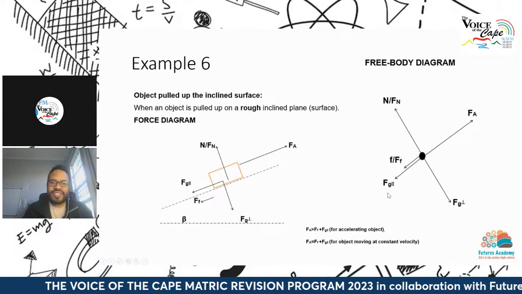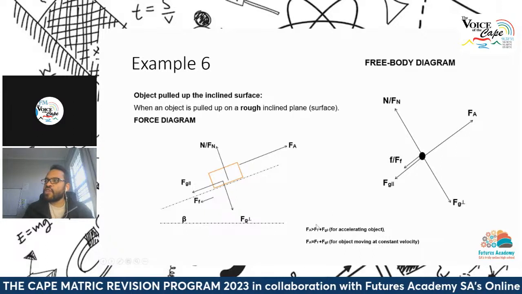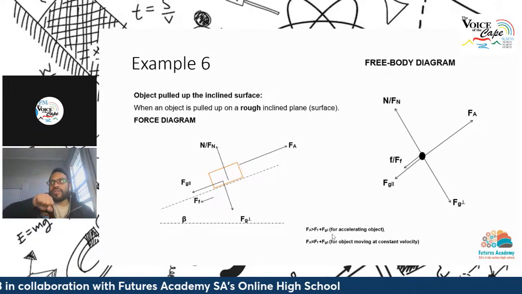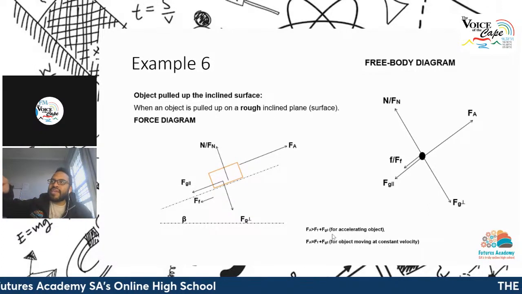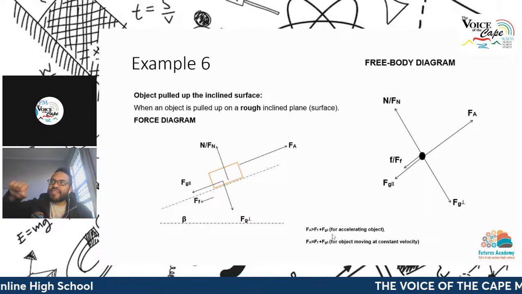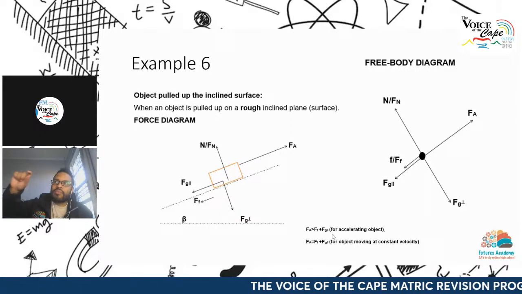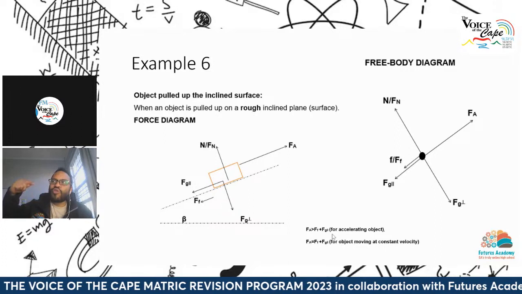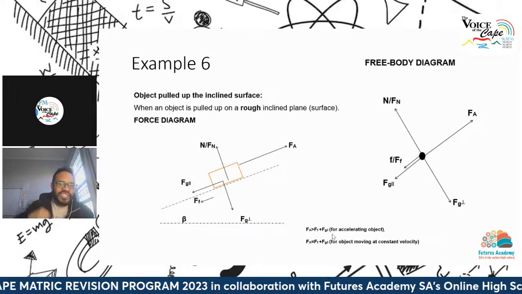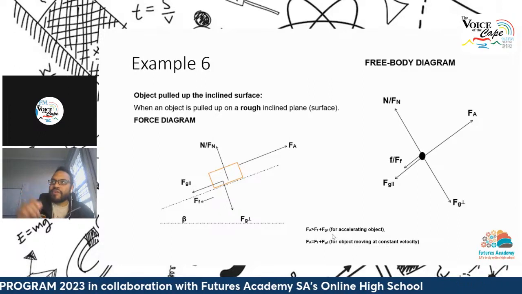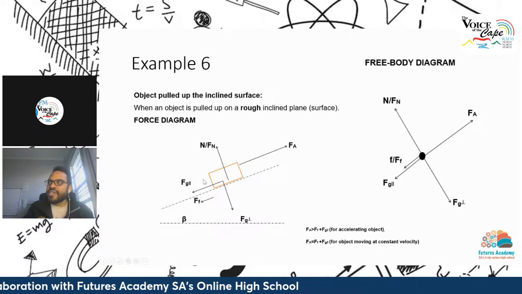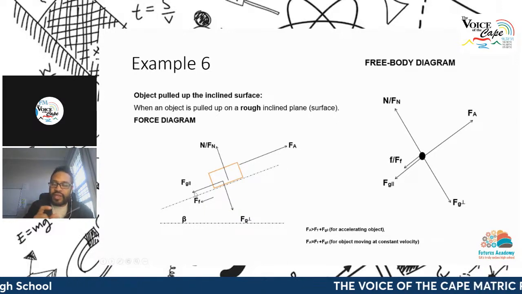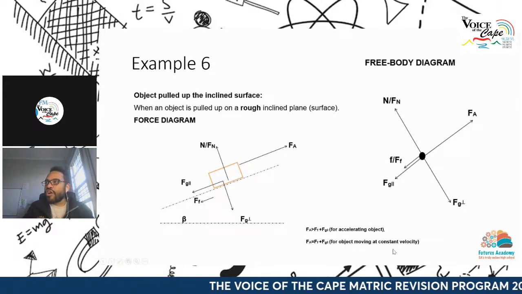Okay? Now let's just say this isn't in all cases. This is in the case where there is a net force, meaning the pull that is exerted up the slope is greater than the sum of the parallel component of gravity with the friction. If there's a net force on the surface up the slope, it will cause the object to accelerate. And we know that's coming from Newton's second law. However, if this force here is equal to the sum of these two forces in their magnitude, then the object can still move. But when it's moving, it would then move at a constant velocity.